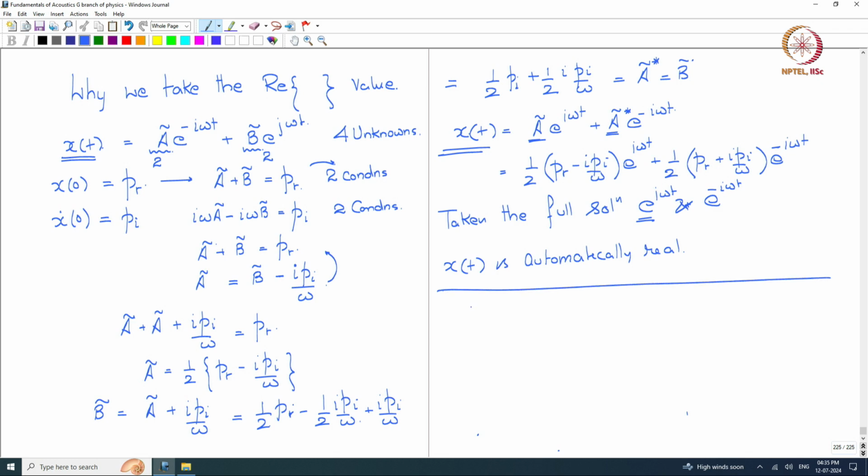Let us see here. I will start over. If I now have x of t is equal to A tilde e to the power of I omega t plus B tilde e to the power of minus I omega t, and A tilde is, let us say, A plus J B, and B tilde is, let us say, C plus J D. Then what we get is, if we take just the real values,